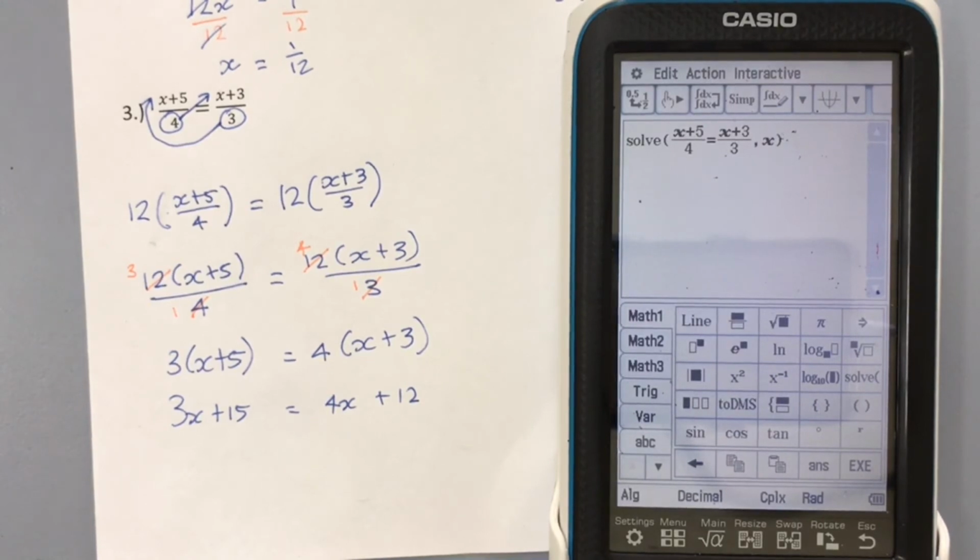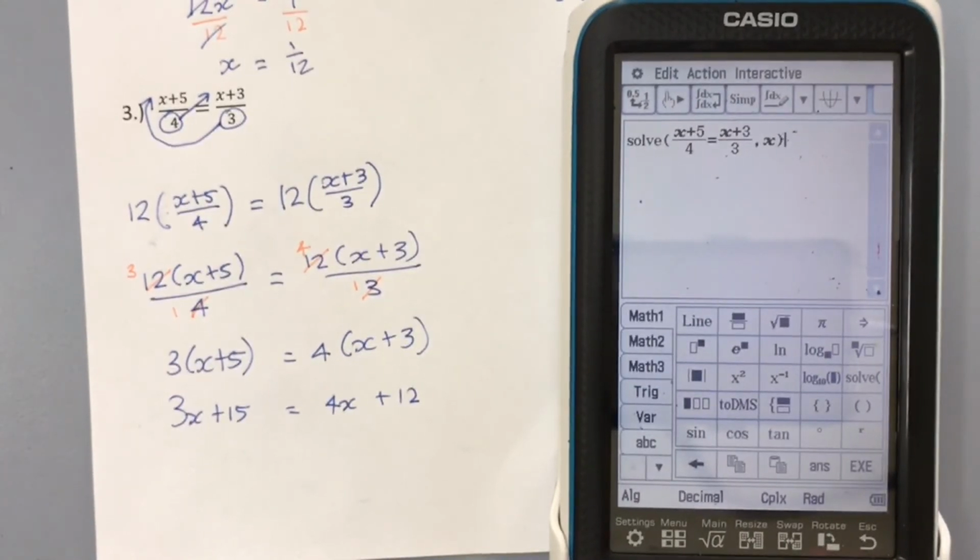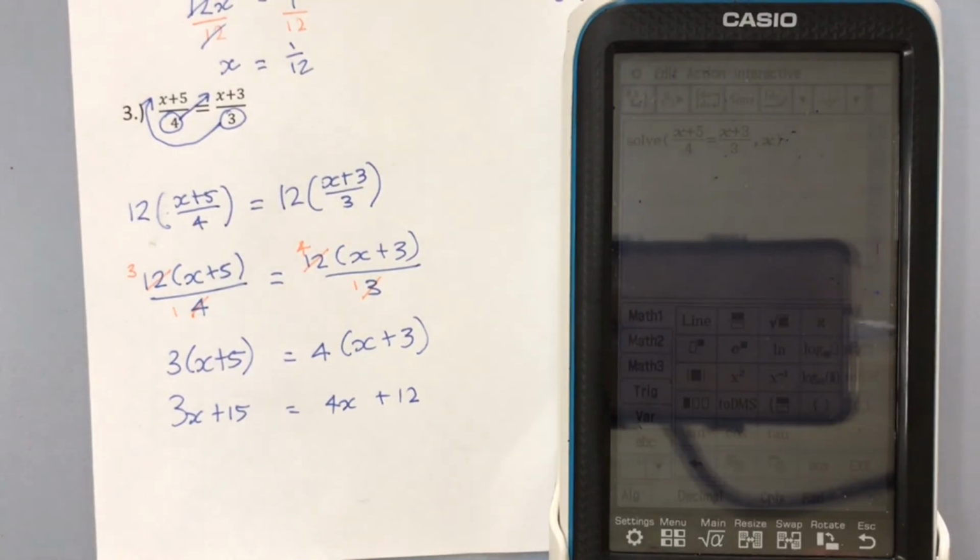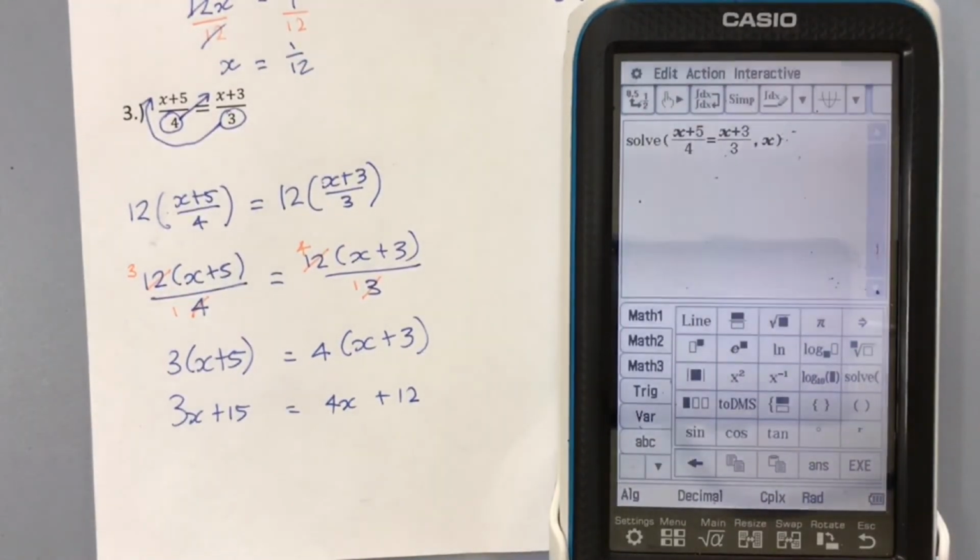So what's that little dot next to there? It's a comma. If you go down the left-hand side of your buttons and push the comma button. Okay. Do you press execute? Now,